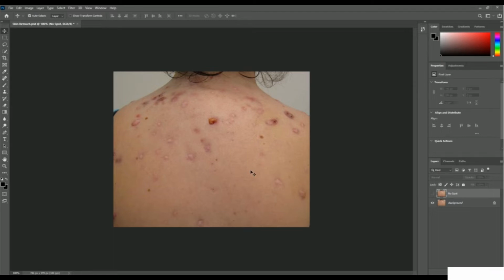We are going to remove every single bad spot from the skin using the spot healing brush tool. And once we apply the spot healing brush tool, the final output comes like that. Magic! All the spots have vanished, and we are going to learn this entire process. So let's take a look at how you will apply the spot healing brush tool in Adobe Photoshop for removing the bad